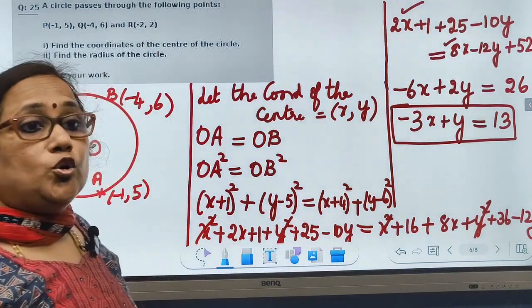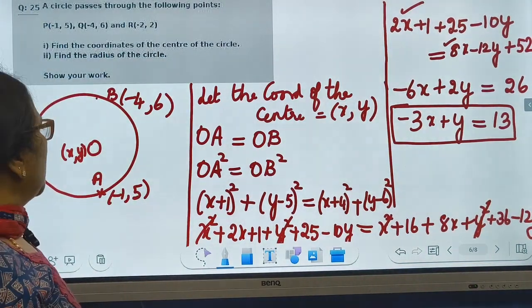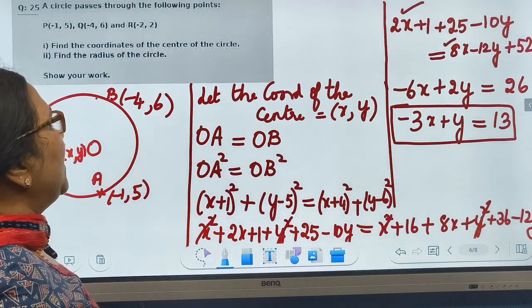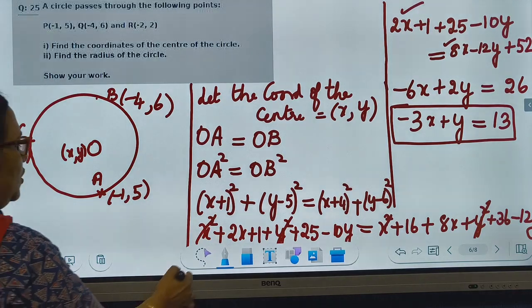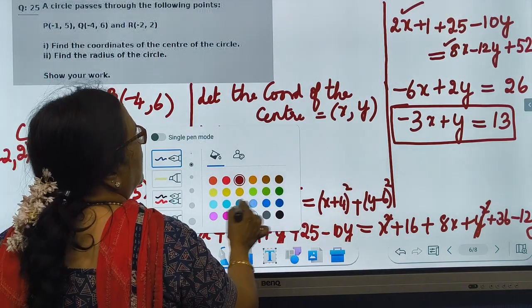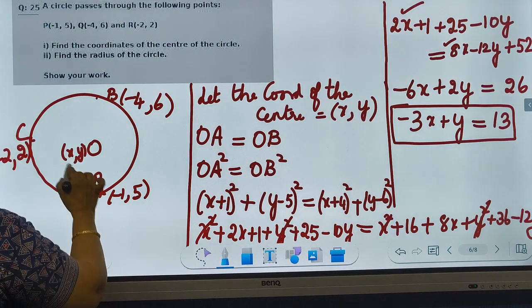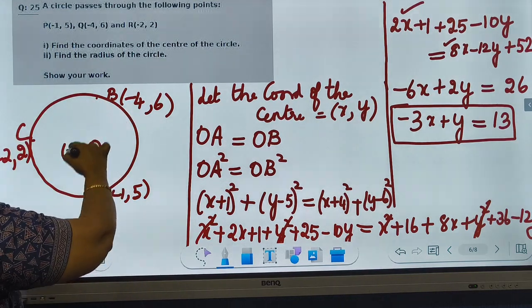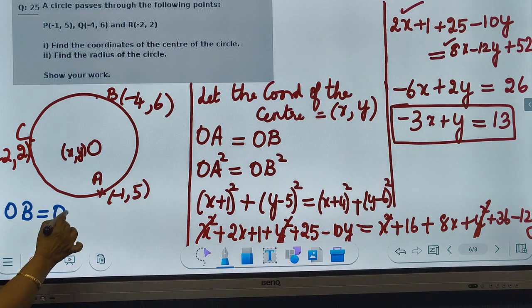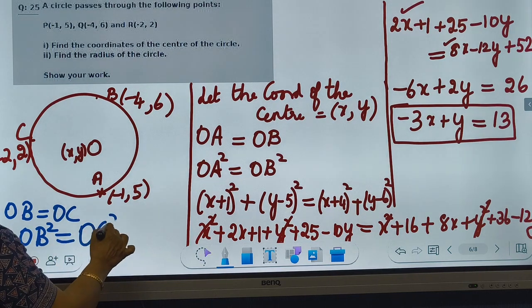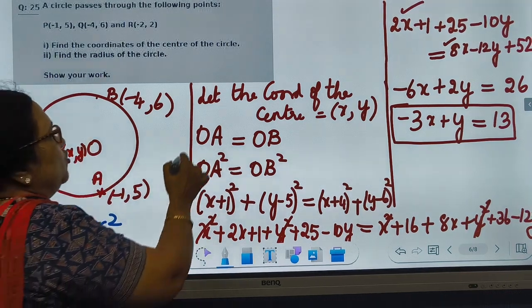It is an equation in two variables x and y. So I need to know one more equation, only then I can solve for x and y. But I know that just like OA equal to OB, OB is also equal to OC. OB equal to OC, so OB square equal to OC square. So if I use that,